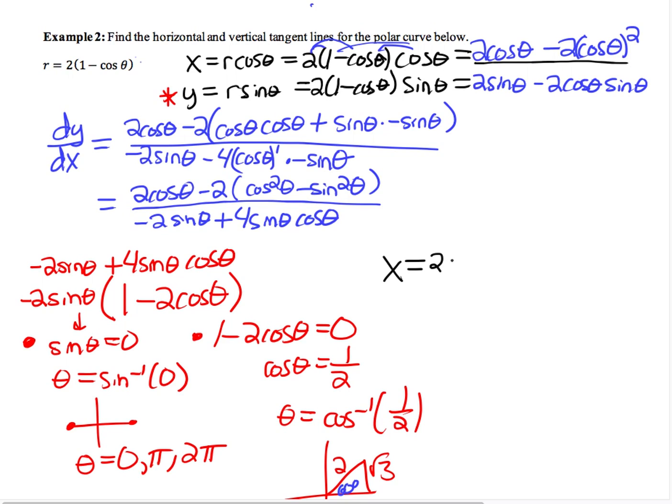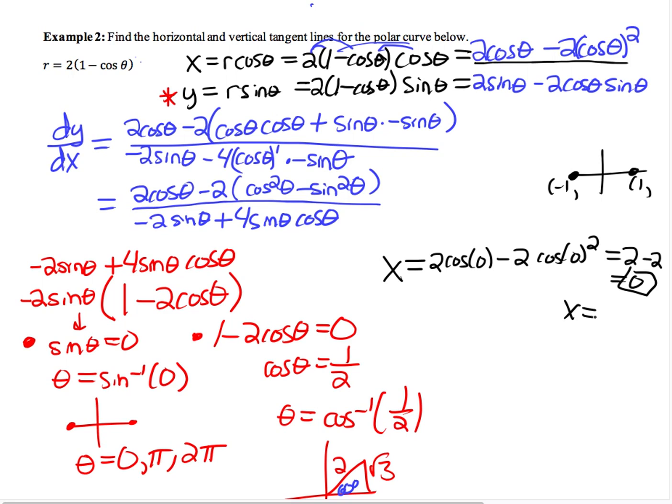So that's going to be 2 times the cosine of 0 minus 2 times the cosine of 0 squared. Let's see, cosine of 0 is right here. We're thinking about all our different spots. So that's going to be 1 over here. It's going to be -1, etc. So that's going to be what? 2 minus 2, and then cosine of 0 is 1, squared is 1, so that's just 0. Okay. So that says x equals 0